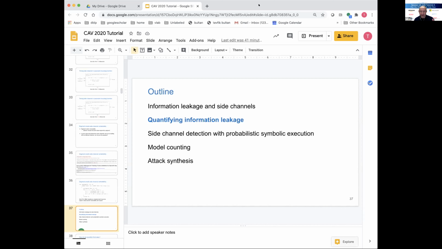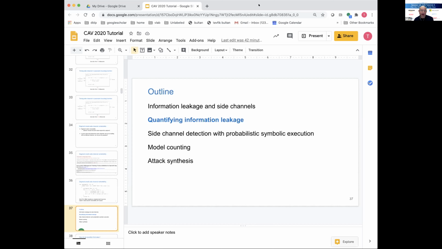But the key thing here is that for quantifying information leakage, just dependency analysis is not going to be enough. We want to detect how much information is leaked. That is one critical thing. Non-interference, you can do just with dependency analysis, maybe taint analysis, things like that. But you cannot quantify the leakage using those techniques.